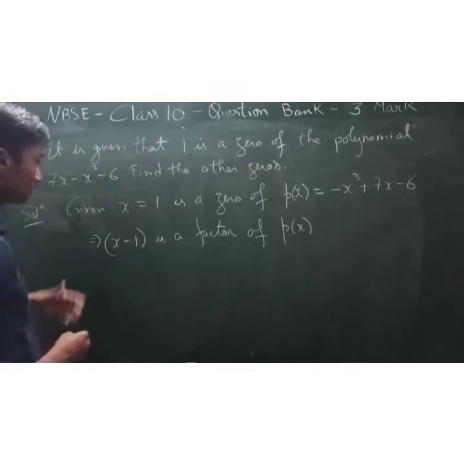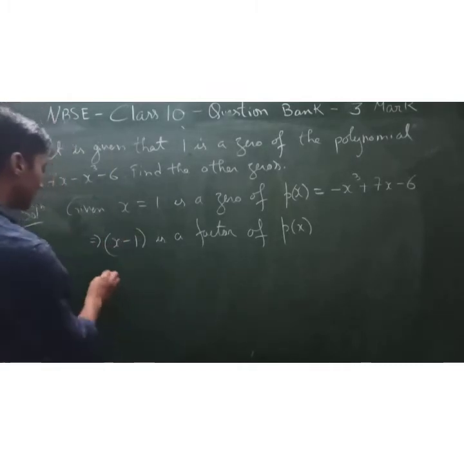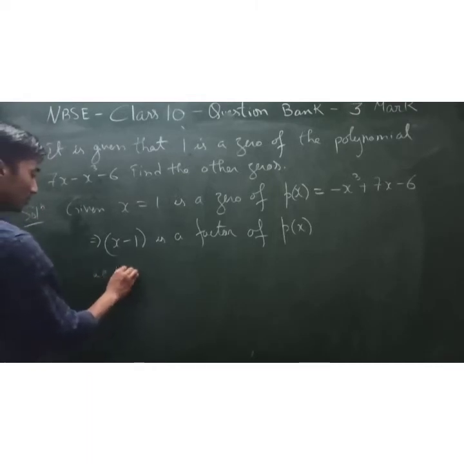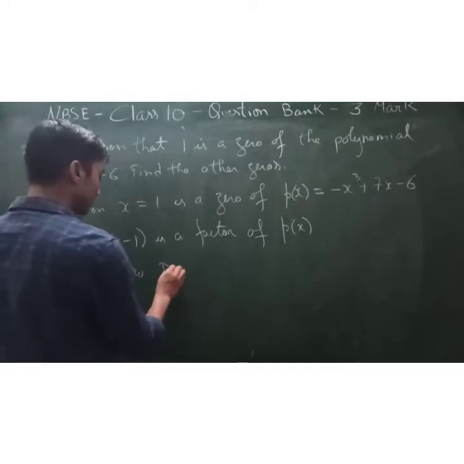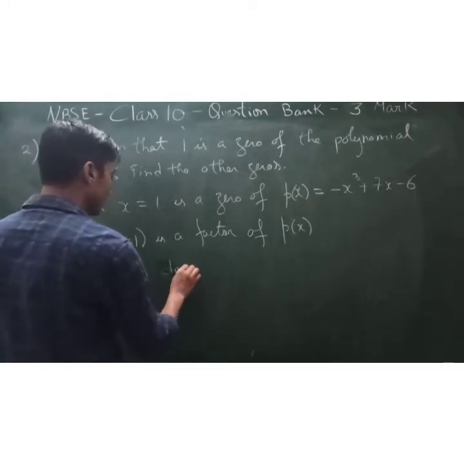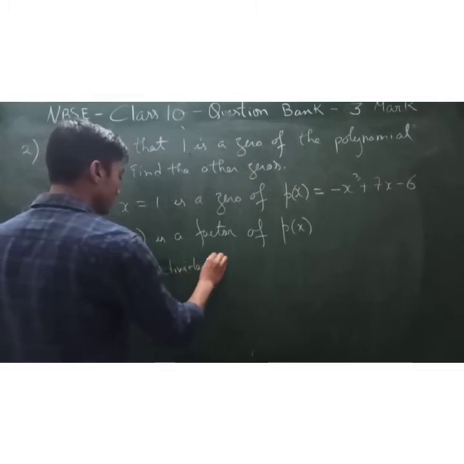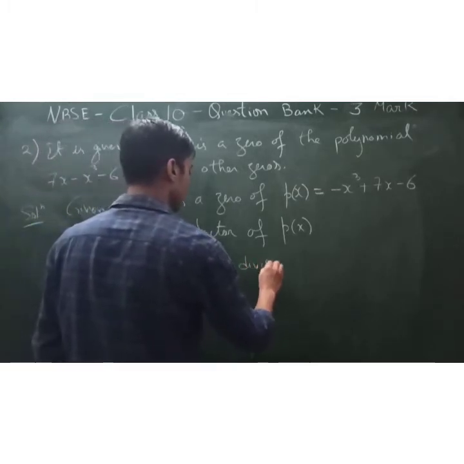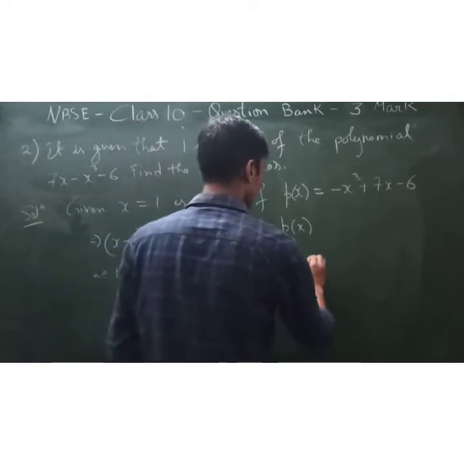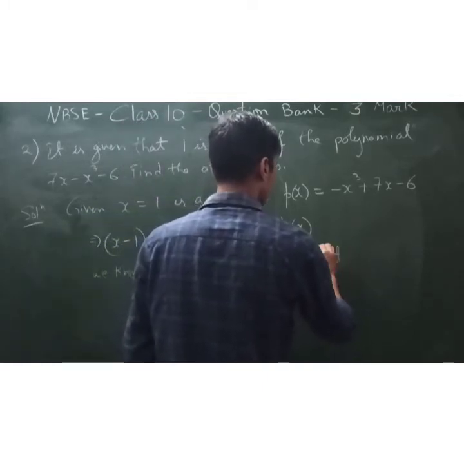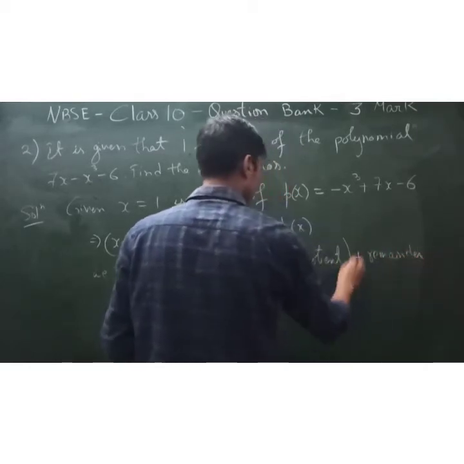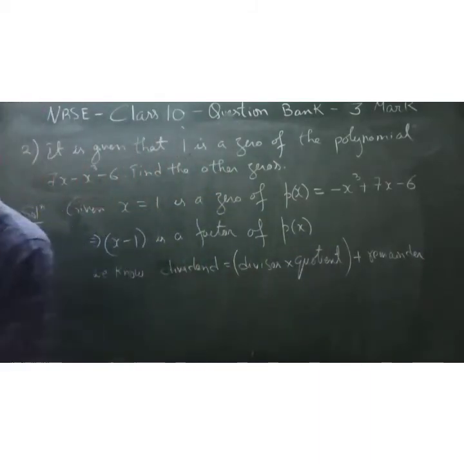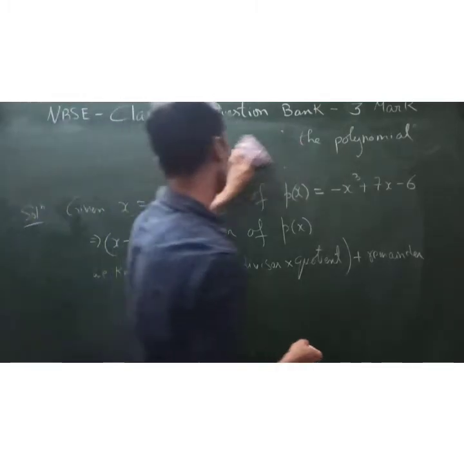So that's it. So now we will divide, and because we will be using the division algorithm, I'll just show it to you here. And if you wish, you can write. If you don't wish, no need to write this one. We know that, okay, I'll just write down. Dividend is equal to divisor into quotient plus remainder. So we're going to use this concept. Class 9 we have already done this. Alright, so I'm going to rub this off now, because next, since we already have one factor, the other way